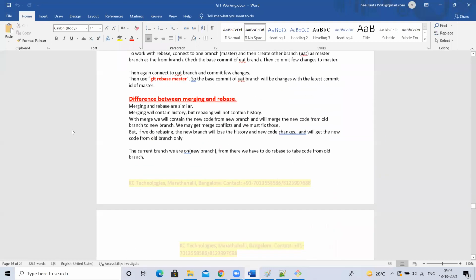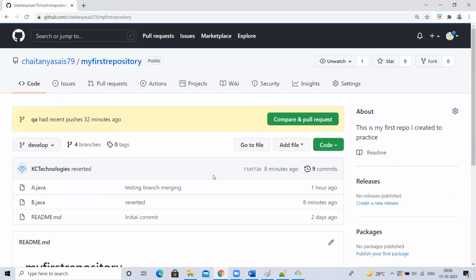Otherwise, let's discuss tags. See, yesterday or day before yesterday, I explained one concept, branching strategy. We'll have a development branch, QA branch, pre-prod branch, production branch. First, we will have a development environment where, when the developers commit the code to the develop branch, we'll take that and deploy in the develop server. We'll test it.